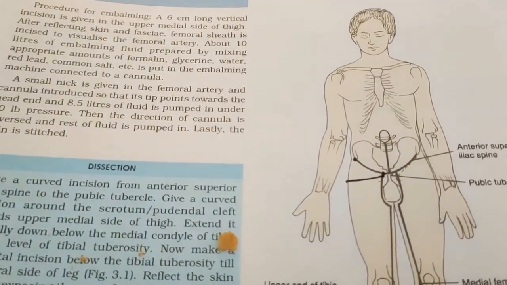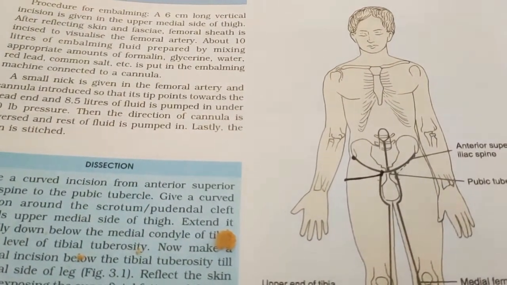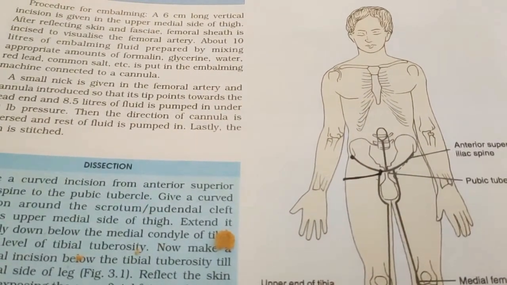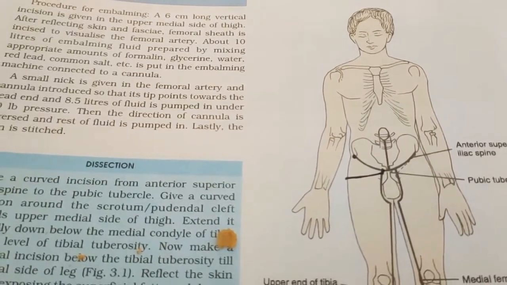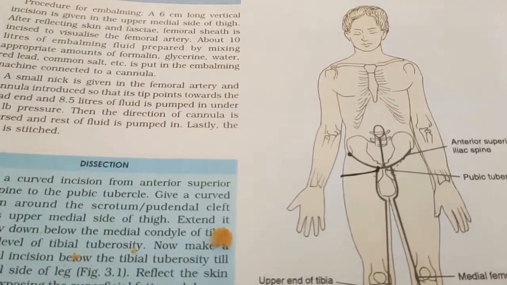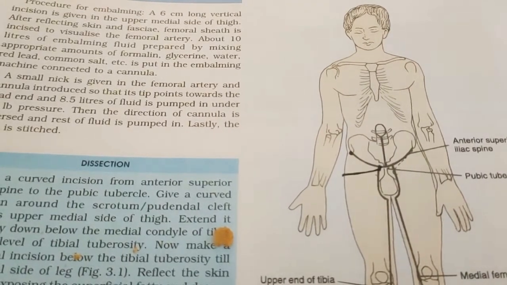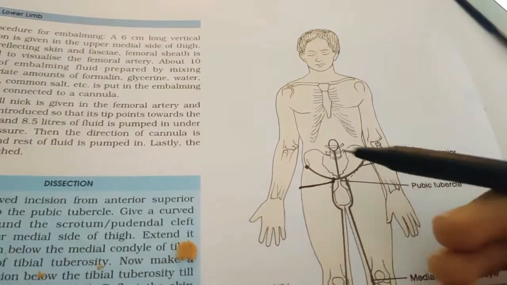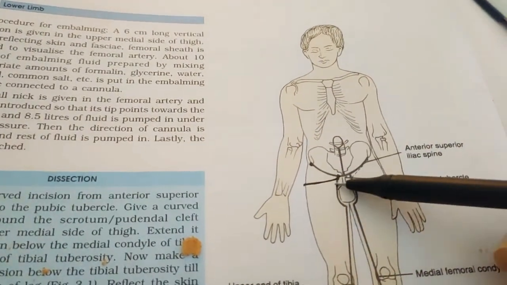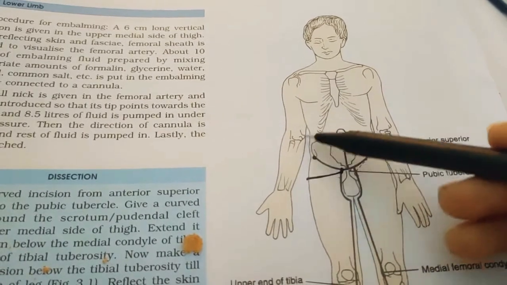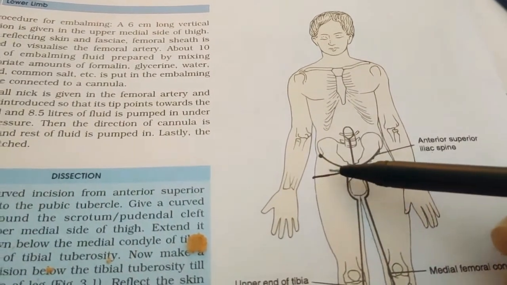The importance of this line is that when the urethra is injured in the perineum, urine may extravasate into the interval deep to the membranous layer of superficial fascia, and this urine can pass up to the anterior abdominal wall, from where it can enter the upper part of thigh. So what they mean to say is, for example, if there is any problem in the urethra, then by means of this line only the urine can move to the anterior abdominal wall, and also it can pass up to the front of thigh.